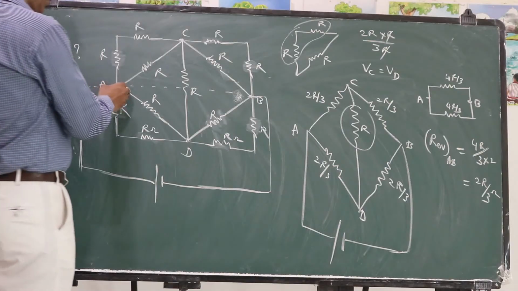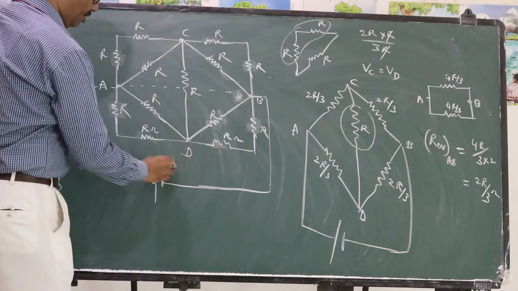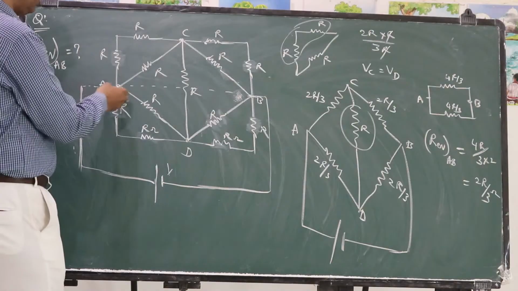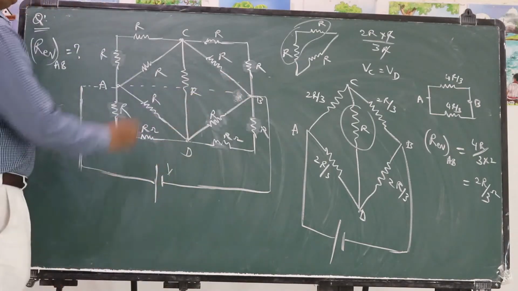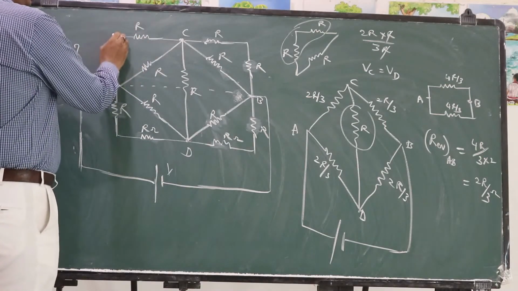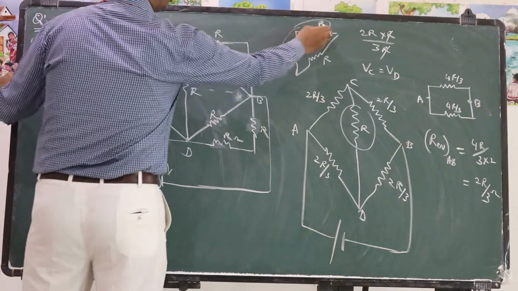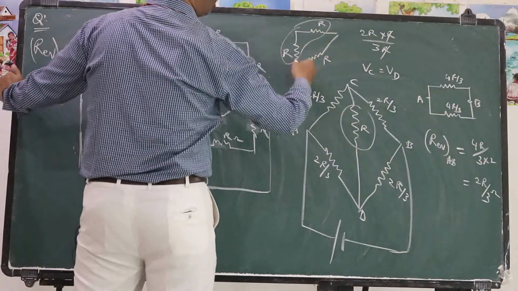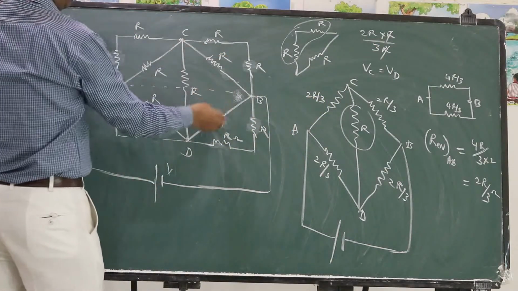In order to find the effective resistance between A and B, we imagine a virtual cell here. That V is the EMF of the cell. Now the distribution of current, if you observe, is uniformly distributed about the line of symmetry. Whatever current comes here has to go through this resistor. So these two resistors are in series combination, which are parallel to this. If I find effective resistance for this triangular set of resistors, we will get 4R/3. Similar triangles are available on the four sides.